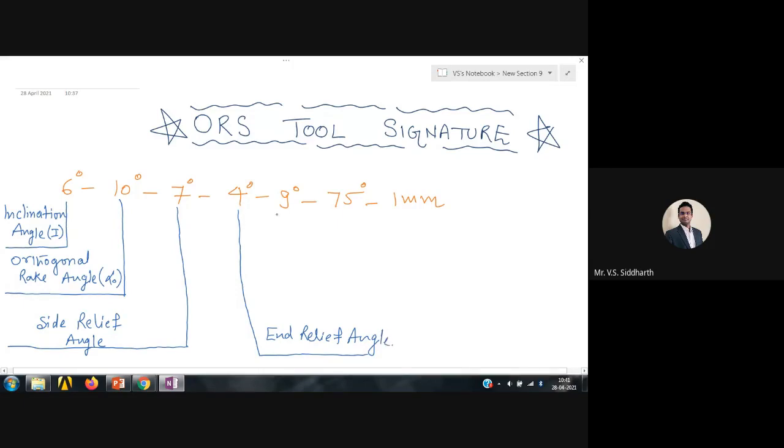This 9 degrees fifth angle is known as end cutting edge angle. And this last angle is known as what? It is known as approach angle